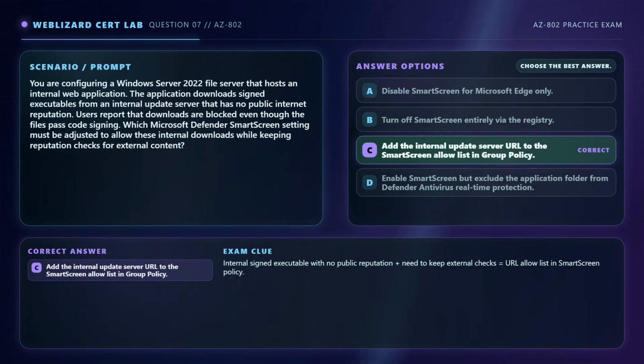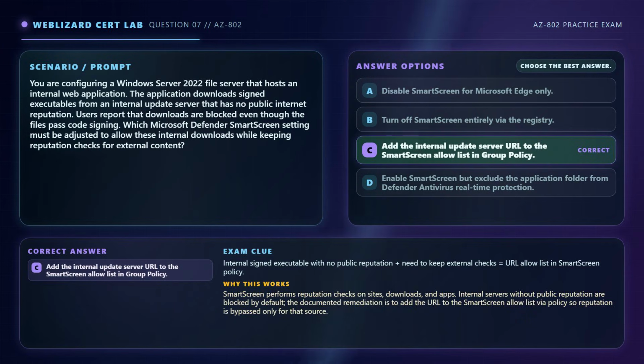The correct answer is C. Add the internal update server URL to the SmartScreen allow list in group policy. SmartScreen performs reputation checks on sites, downloads, and apps. Internal servers without public reputation are blocked by default. The documented remediation is to add the URL to the SmartScreen allow list via policy, so reputation is bypassed only